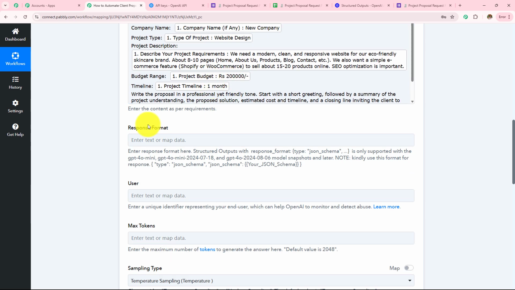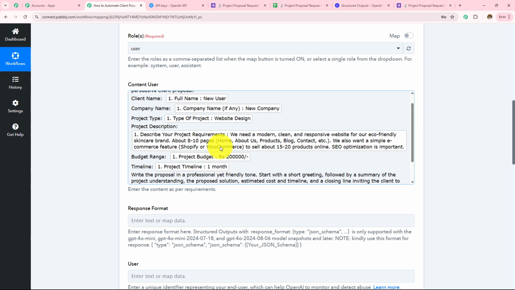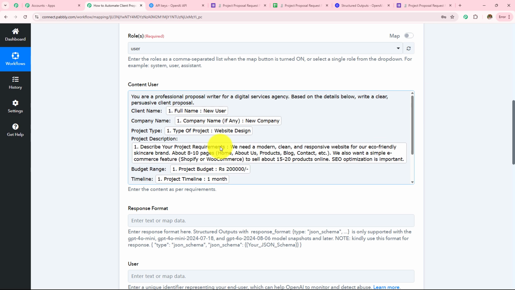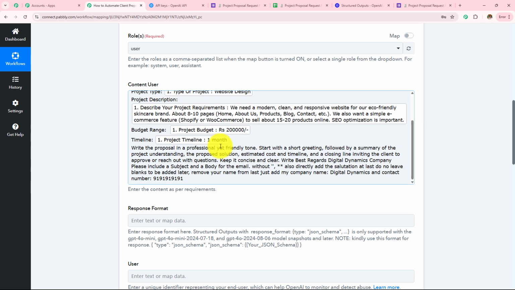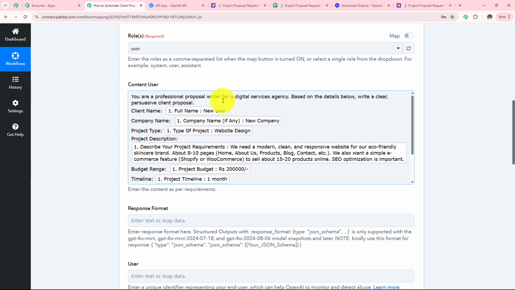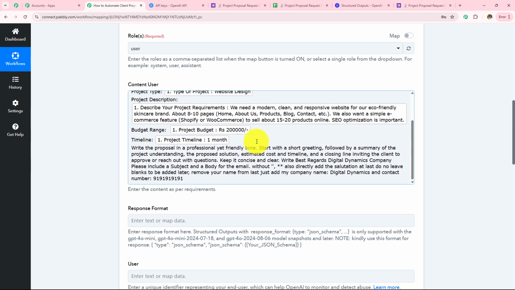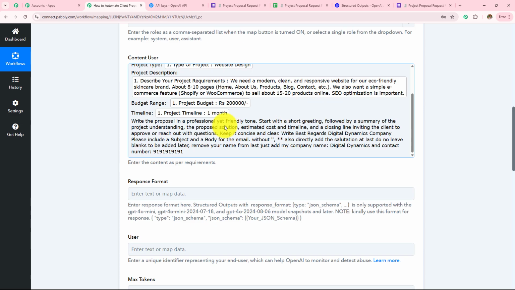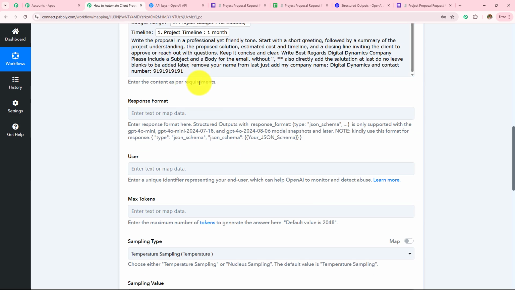So here mapping is important so that every time you receive a new response, it is taken into consideration in this field. Manually entering the data will make this field static, and the information will not change even if you have received a new response. So as to keep this field dynamic, we use this process mapping instead of manually entering the details.